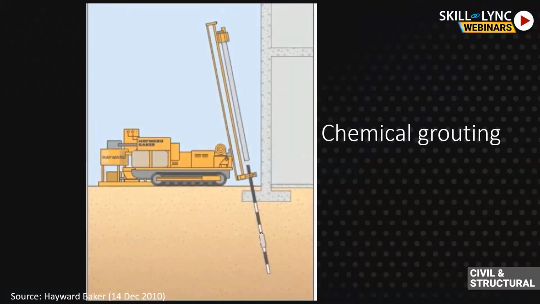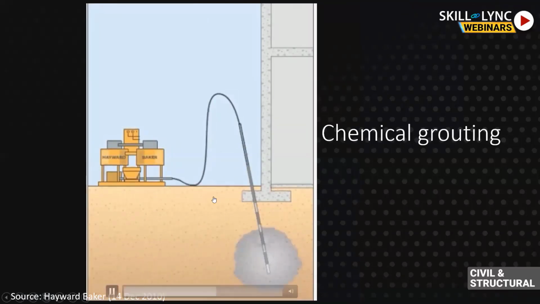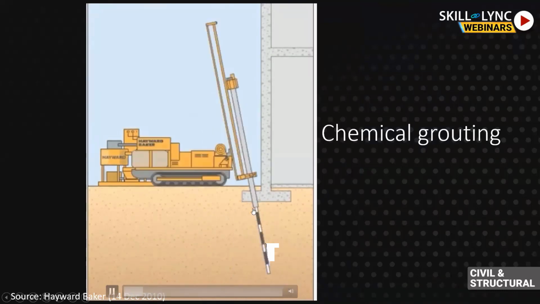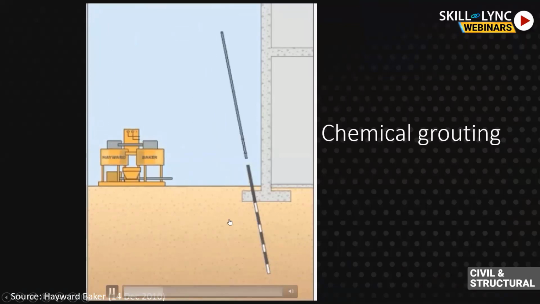As you can see, this grouting is a technique which doesn't require much space. In this, a perforated rod is inserted into the ground first, and then if you can see, the black portions are where the grout comes out, and the next would come from somewhere here. And as you can see, this is being inserted through the foundation. So even this can be used as a remediation ground improvement technique.